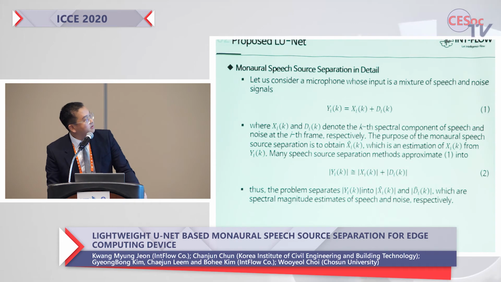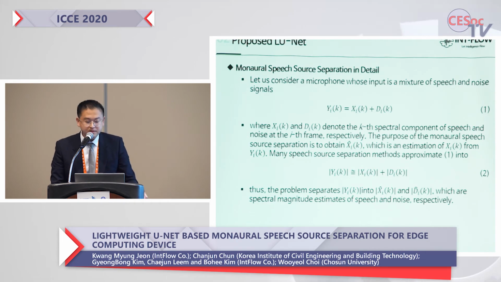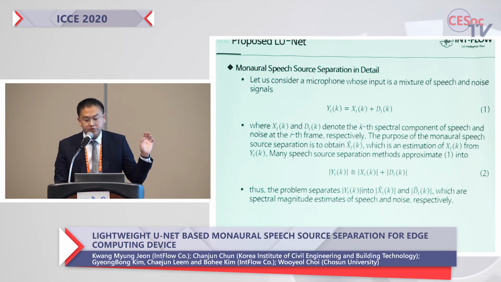Here are some technical details. It's quite a simple equation to define monaural source separation again. Let's consider a microphone whose input is a mixture of speech and noise, where speech X and interferer D denote, with I and K, the K-th spectral component of speech and noise at the I-th frame. That means that we conduct the algorithm in the